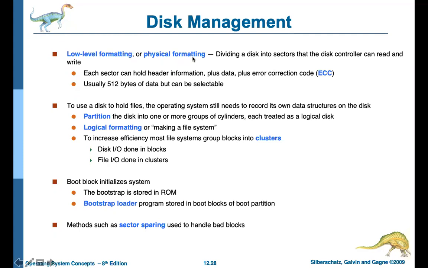So now, based on that particular formatting, we are managing our disk. We are ensuring the disk works along with our operating system, because the disk is formatted based on the operating system that we use. Based on the operating system, the sectors or tracks are decided. Each sector can be read